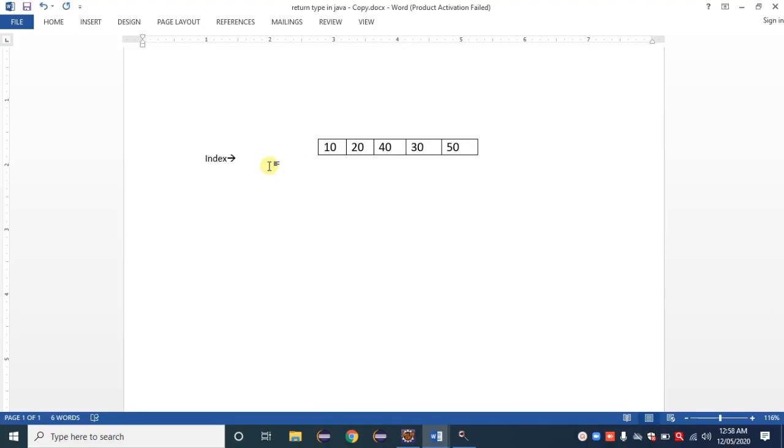So the first element has index 0, the next element has index 1, then index 2, then index 3, and the last has index 4.